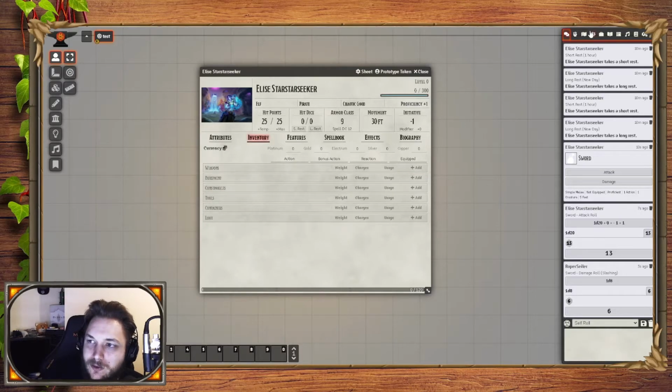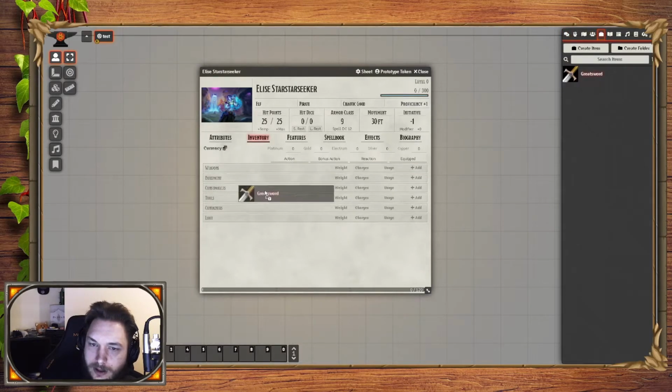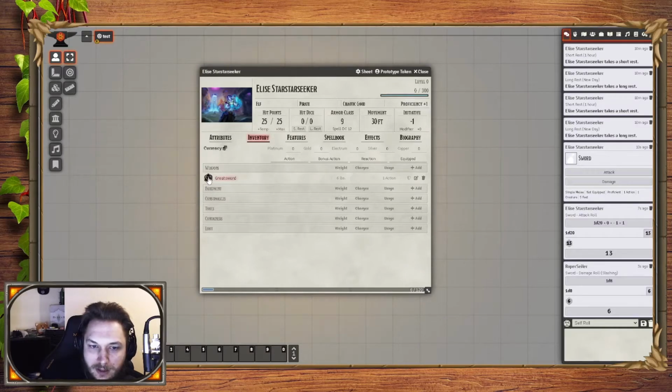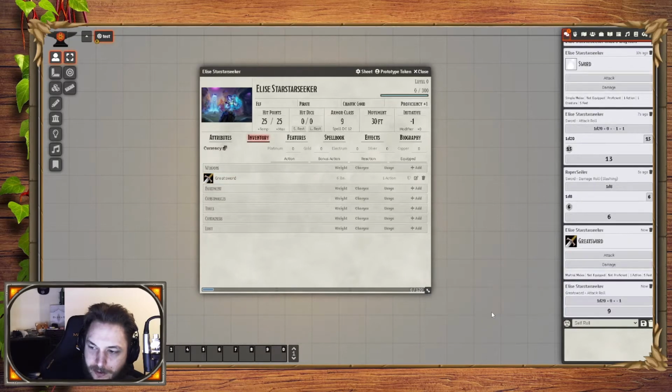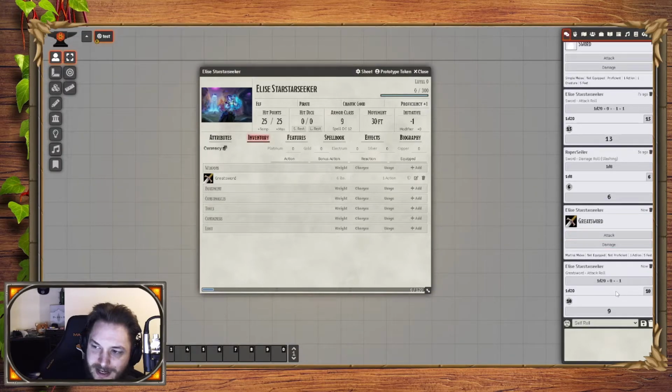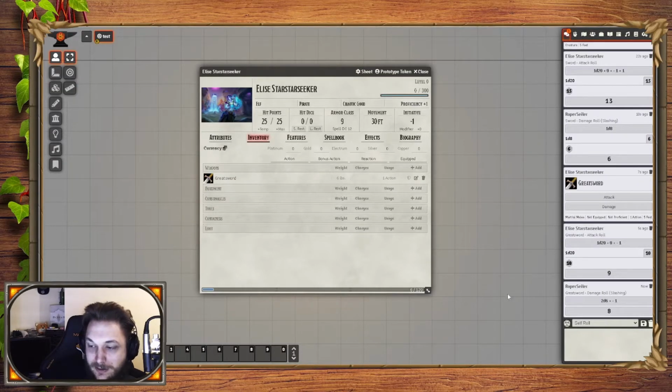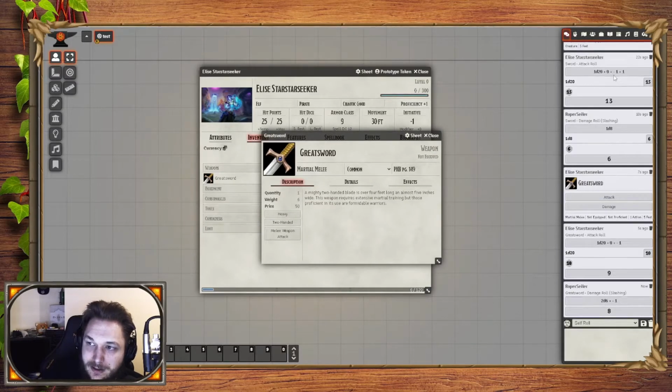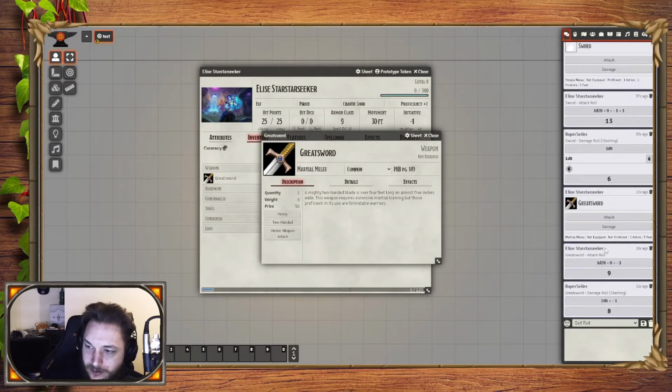Now, if we take this away and we use our greatsword from the last video, same thing. We can just roll this. We can attack with normal. It adds different modifiers, and then you can see actually that this modifier and this modifier are different. I'll show you why in a second. And then I can roll my damage as well, and then it goes. Now, if I put that greatsword on any token, it'll do the same damage, not including their main modifiers. But the reason that this roll here and this roll here were slightly different